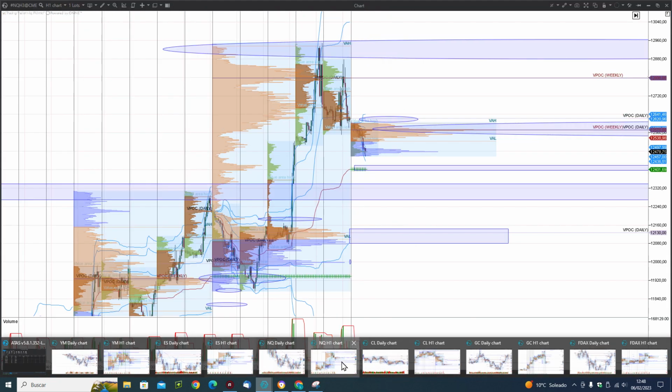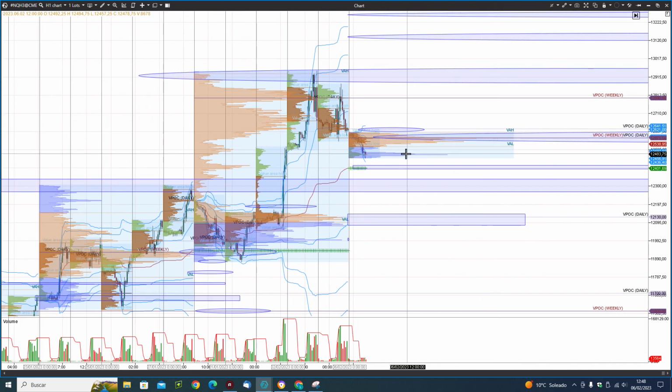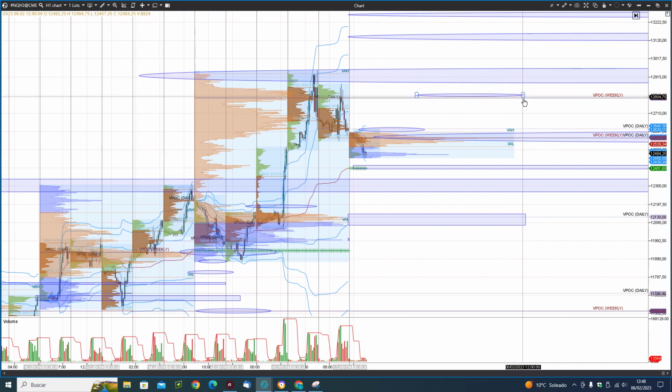Let's see Nasdaq. Well, Nasdaq, talking about higher targets, closing the opening gap would be the most important, 12,620. Next one would be this weekly naked VPOC. Let's mark it with an ellipse, and this price action zone between